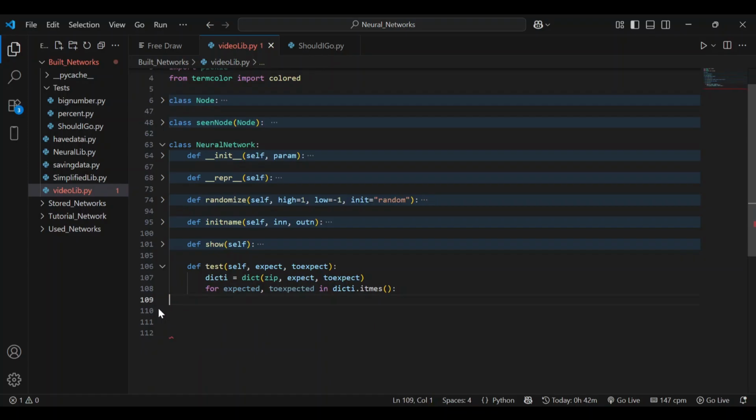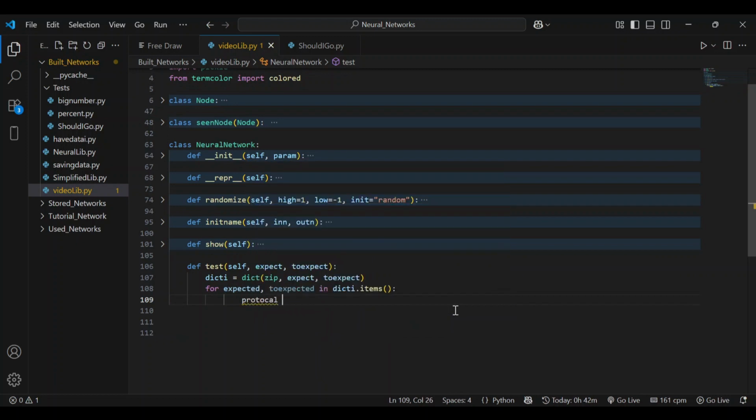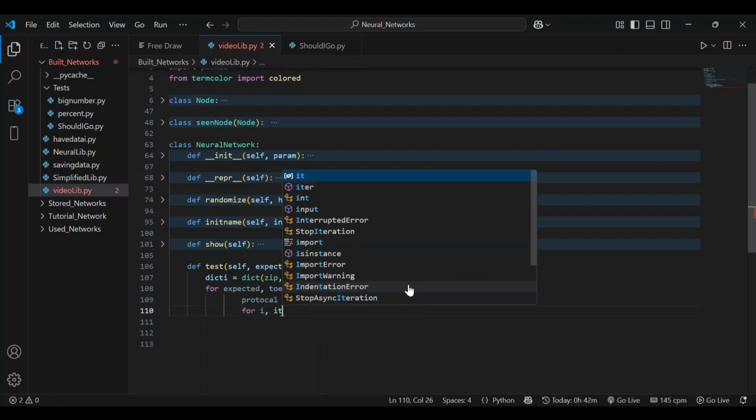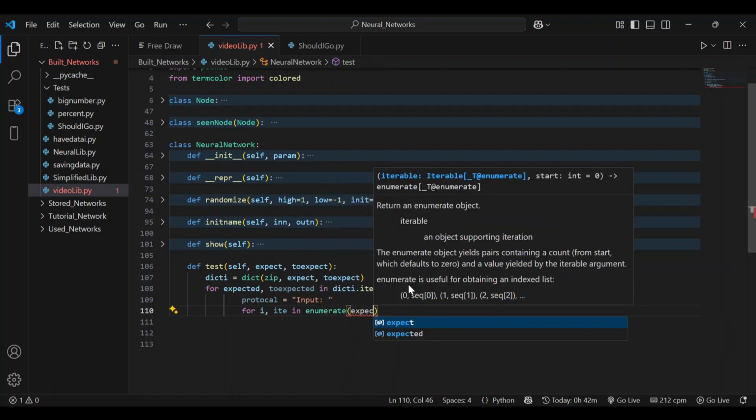You can use integers as well. So we iterate over the items. We're going to define a protocol equals input. This is just going to be what we're going to print out. I believe we end up adding stuff to it. So for item in enumerate expected,